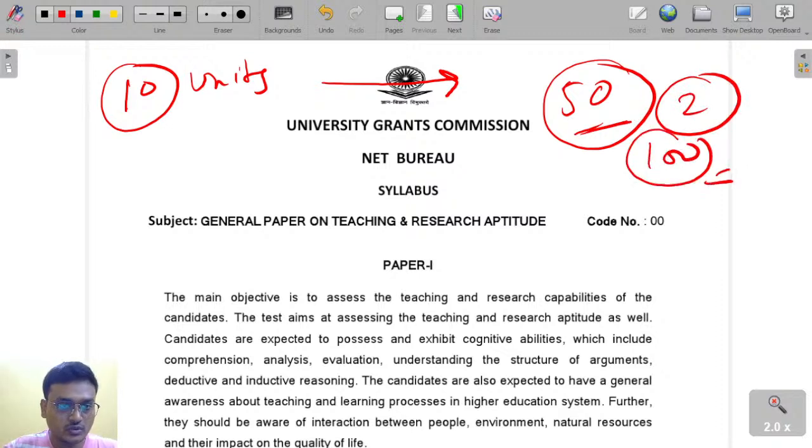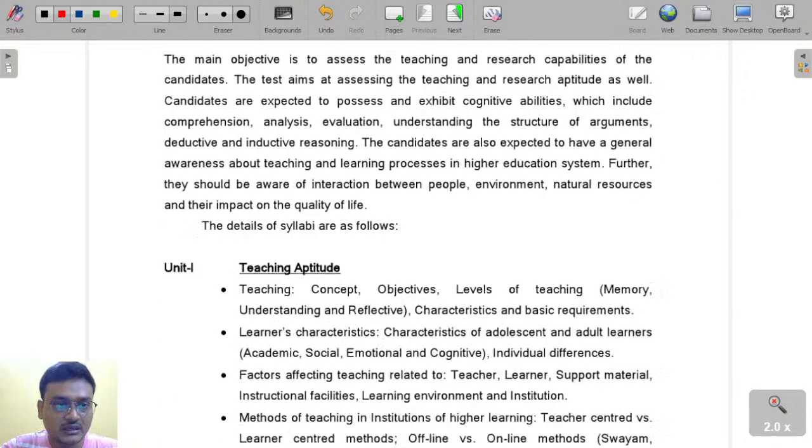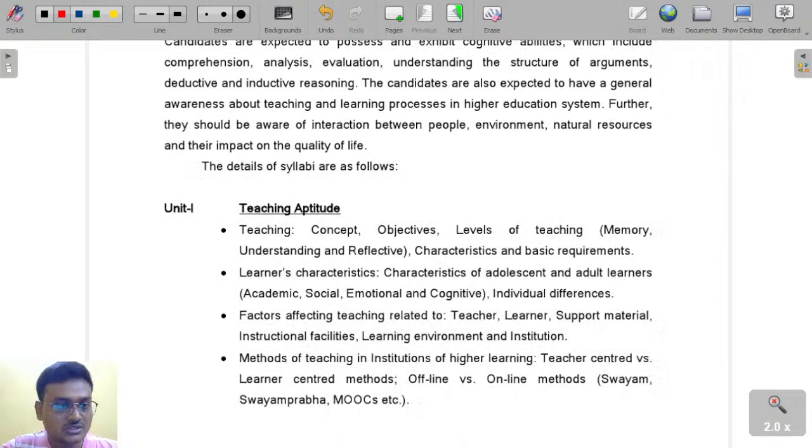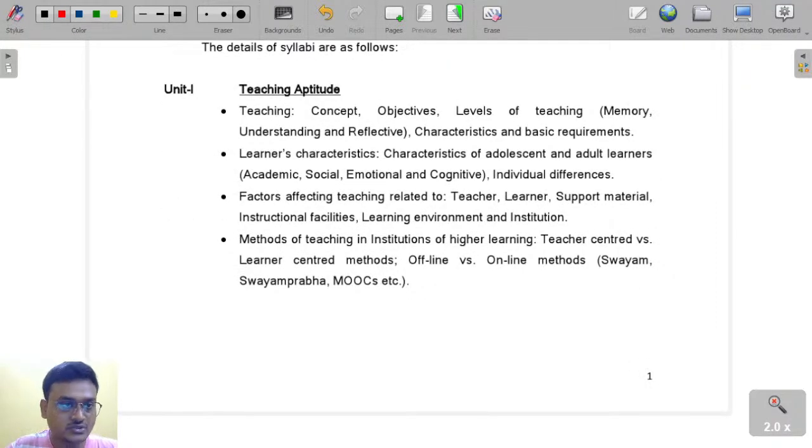So the Paper-1 syllabus, that is actually you are having a total of 10 units. The first unit that you need to study is teaching aptitude. Teaching aptitude is the first unit, unit 1. In teaching aptitude, you are having the concept of teaching, that means the definition of teaching. Various definitions of teaching were given by various